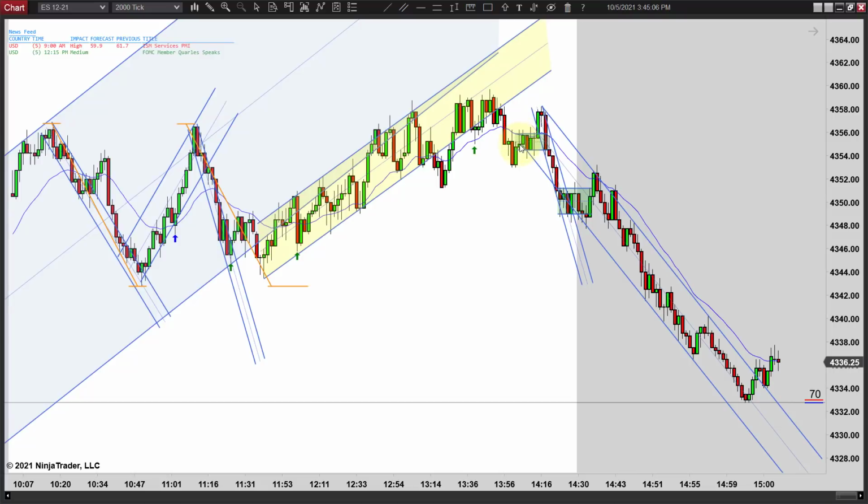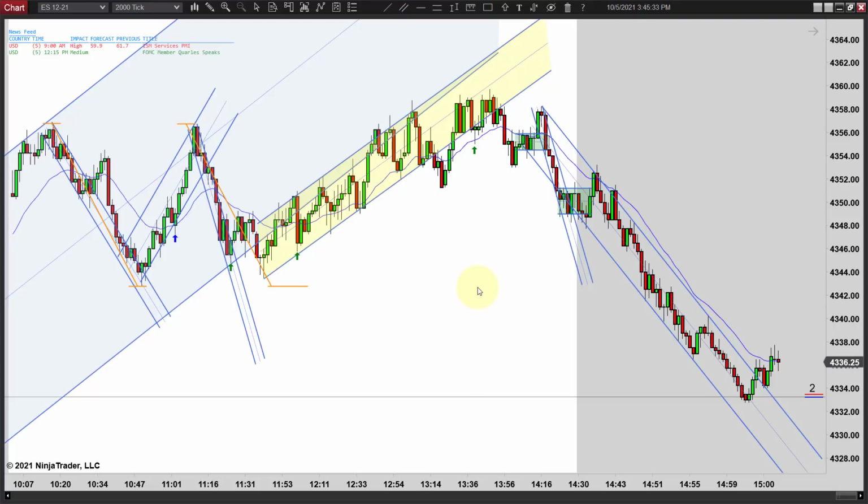But if you look, you got a bar with no body. It's inside this, all of this to the right is inside this big red bar. That's what congestion is, you're just going sideways. And at least one of them has no body. That one's inside it too, and it has no body or a tiny body. So that's congestion. And if you just avoid those, anytime you see 3 or more bars and at least one of them has no body or a tiny body, that's congestion.